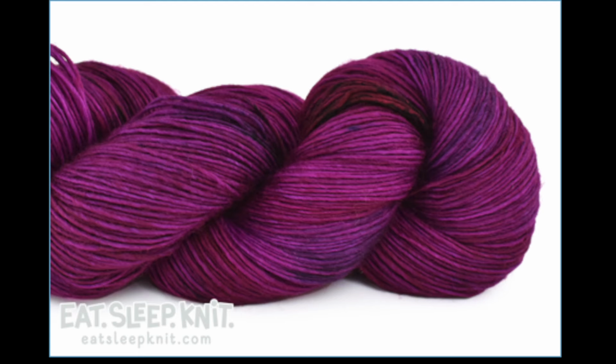And then my solid color is Wino Forever, which is kind of a bright, psychedelic kind of magenta purple color. So I think that will be really fun together. And if you haven't seen anything about the Westknits Mystery Knit Along, I would definitely check it out on